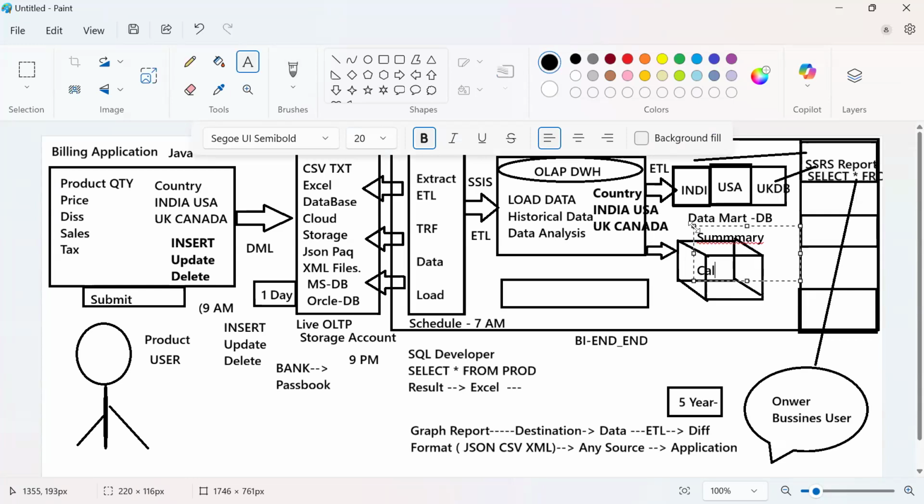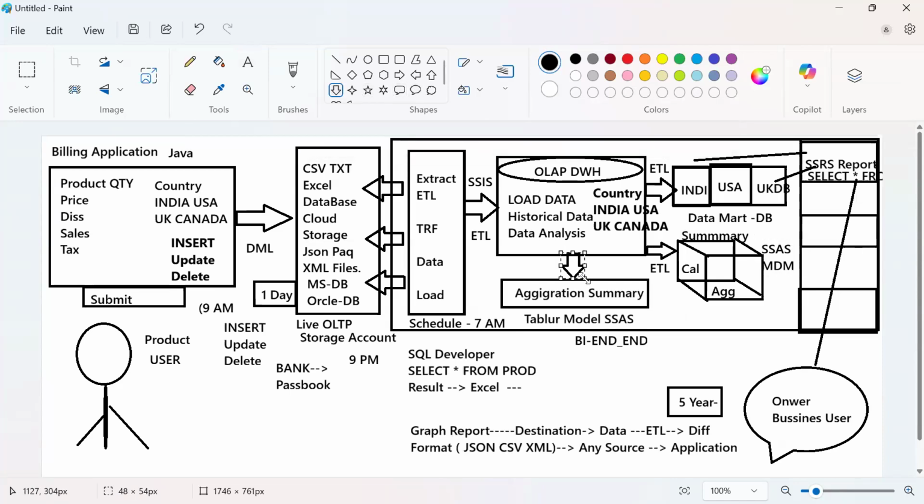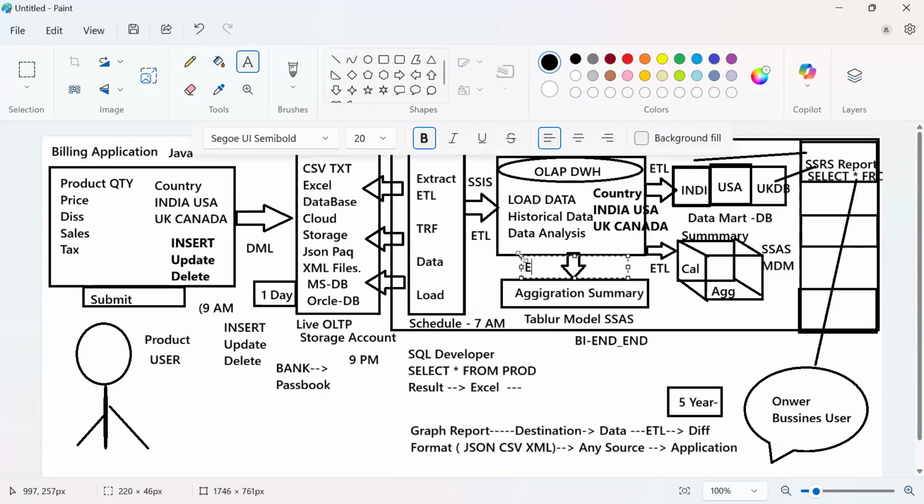The calculations, you do not need to do. Automatically, we are going to build them in the cubes. You do not need to do the aggregations, it will build them. And you can maintain the aggregations and summary data here for quick analysis. Again, here also we require the ETL team. Here we require the tabular model in SSAS, or there is one more model called the multi-dimensional model in SSAS. And here also we require the ETL tool to process your data and to design this multi-dimensional model or data models.